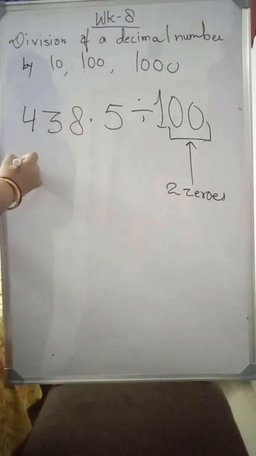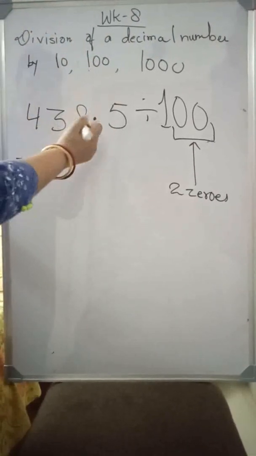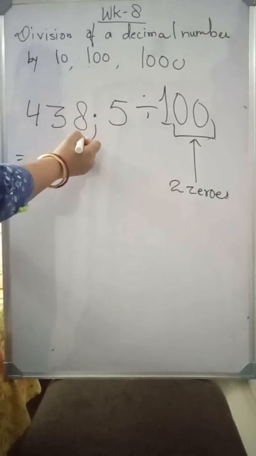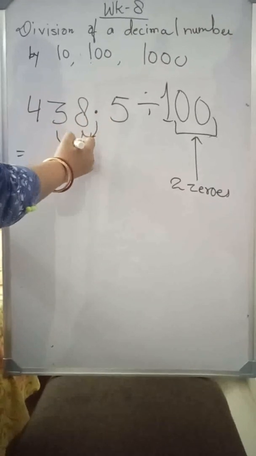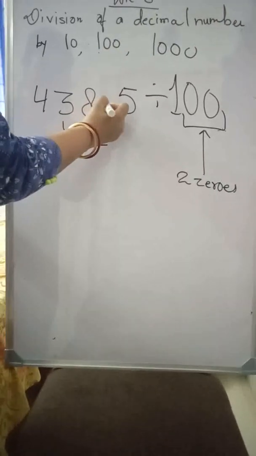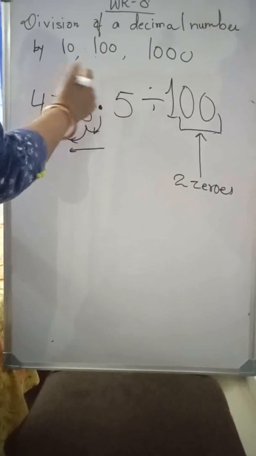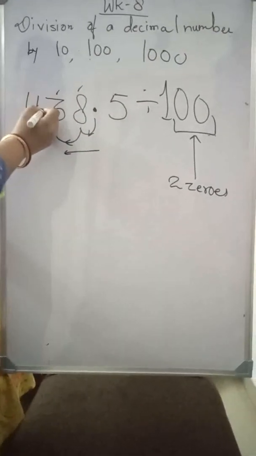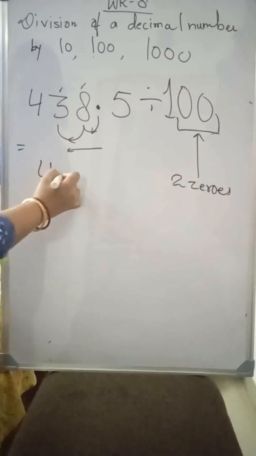In the quotient, this decimal point will shift 2 digits, 1 and 2. It will jump 2 digits towards this left side, and its decimal point will change its place after counting 1 and 2 to the left. It will come over here in the quotient, right? So the quotient is